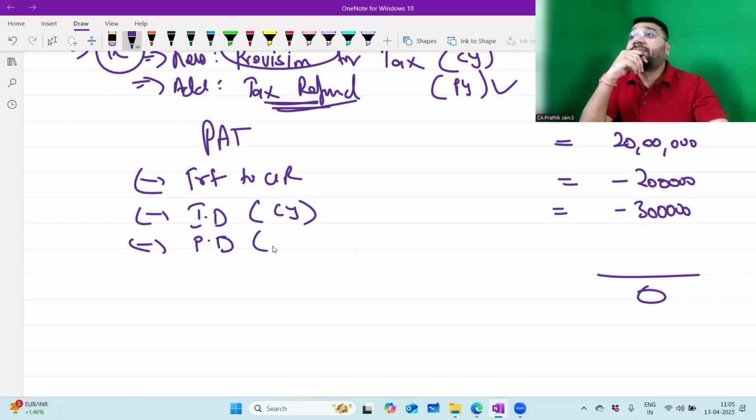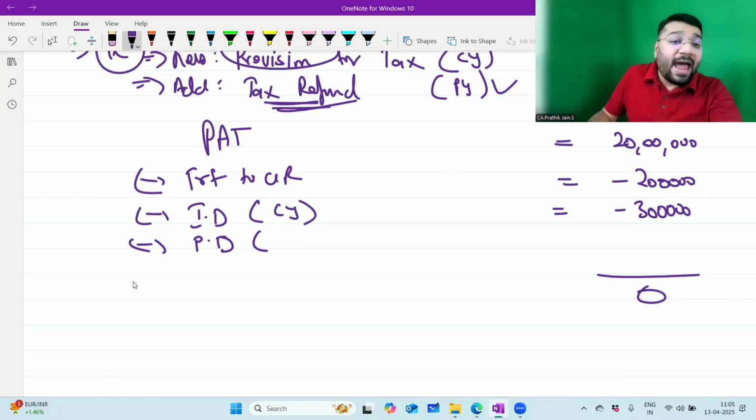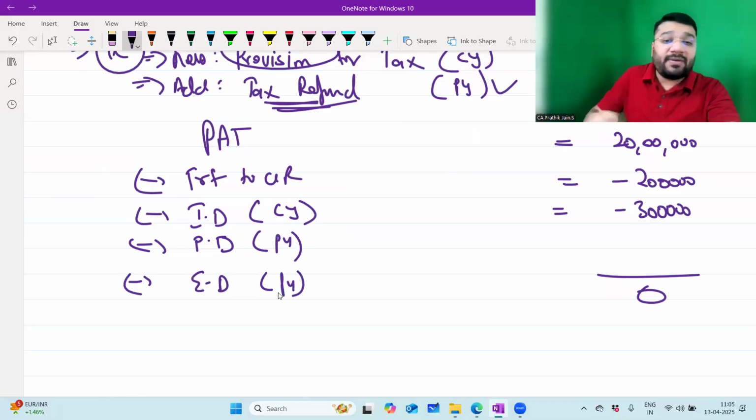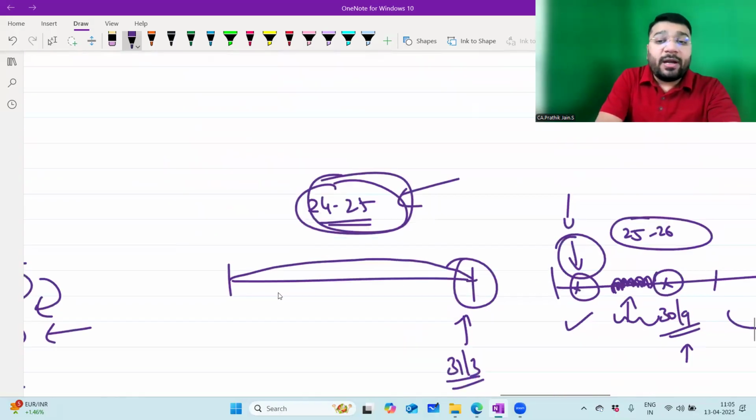Which year? Current year or previous year? Dividend is always of the previous year, because dividend can be paid only with the approval of shareholders in the AGM. Let it be equity or let it be preference. So preference dividend and the equity dividend is always going to be of the previous year. Please tell me, for 24-25,